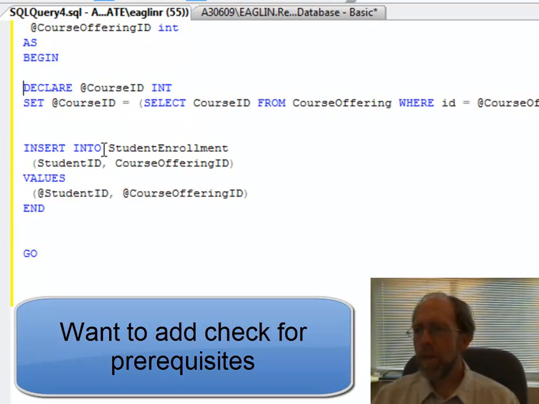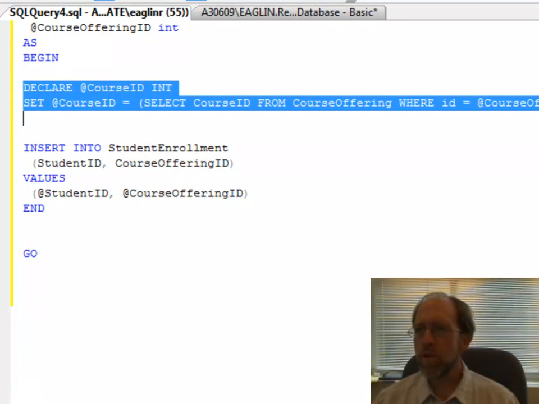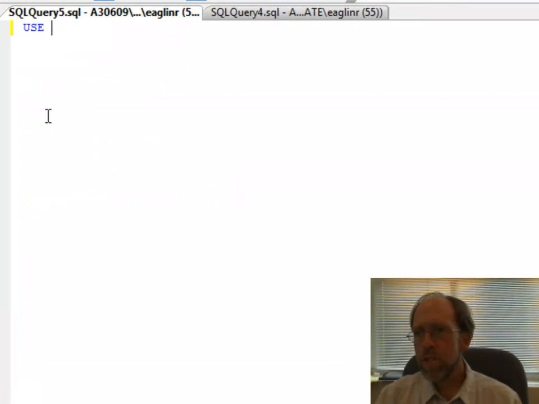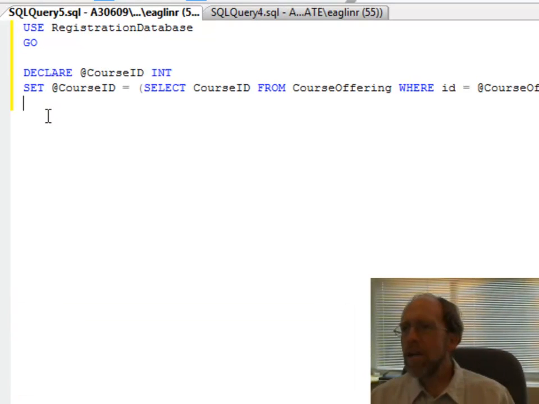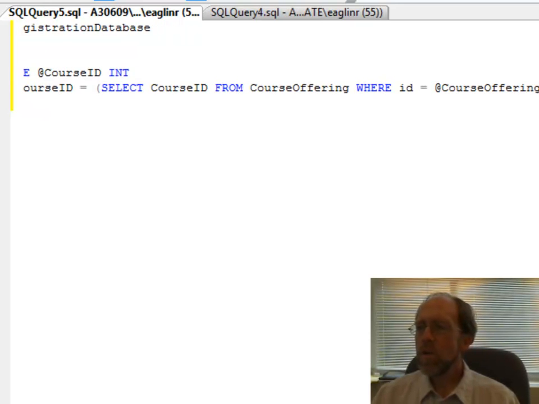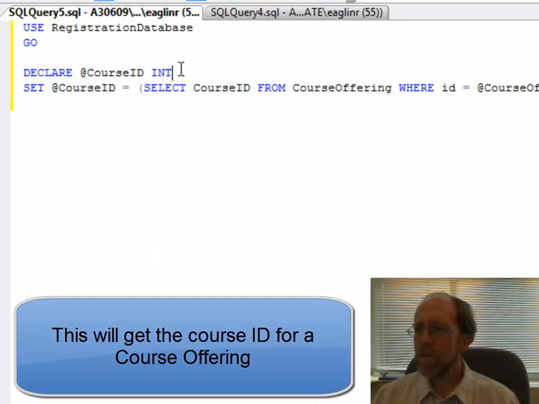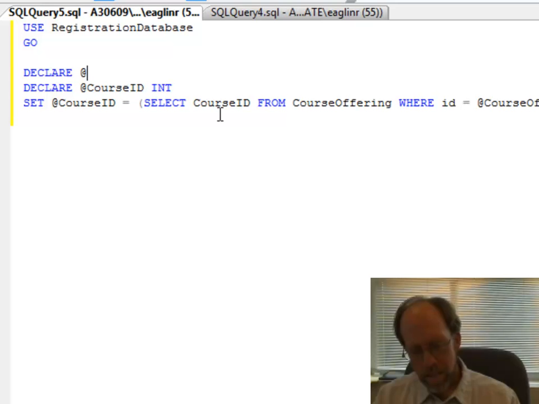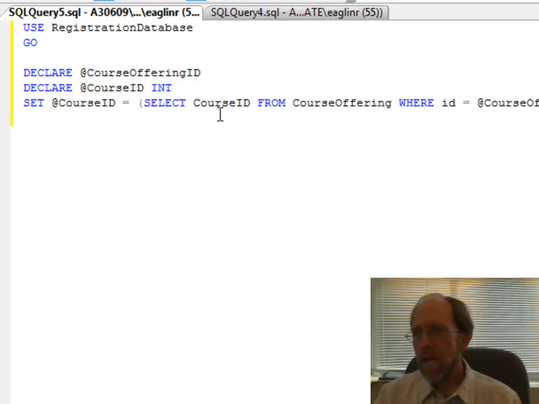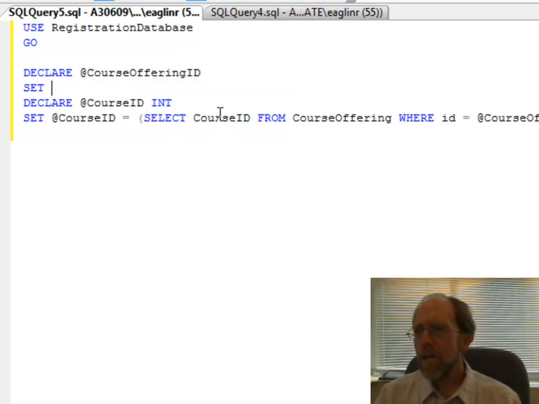Now, how am I going to do that? Well, this first part here, I'm going to pull out and go to a new query window here. I'm going to say use registration database. And this first part right here, I declare a course ID, and I set course ID equal to select course ID from course offering where ID equals course offering ID. Okay, well, I also need here a course offering ID, so I'm going to declare @course offering ID, and I'm going to set that,